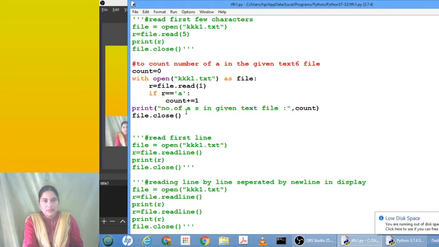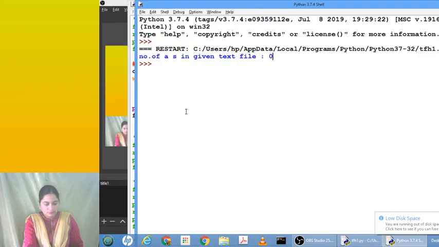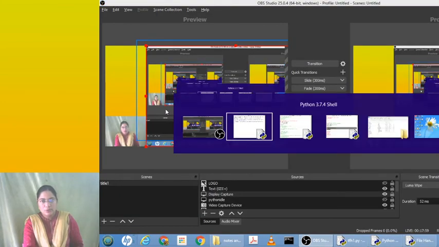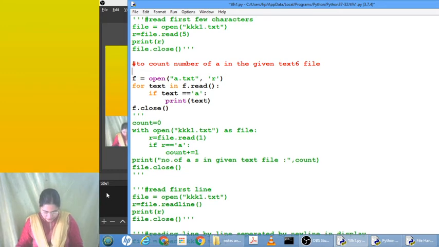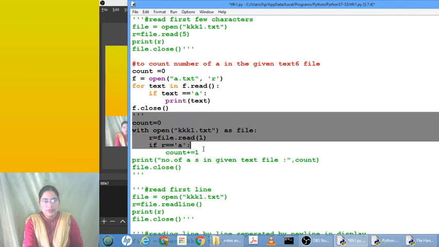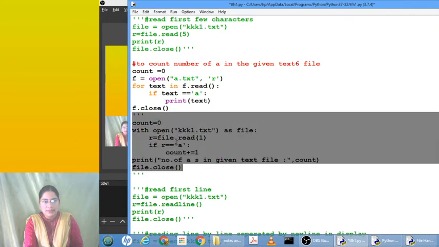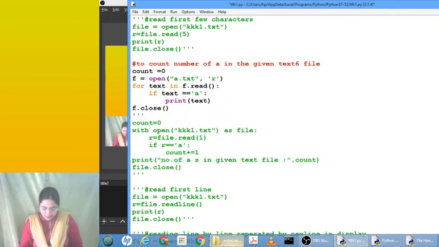Why is that? What is the problem here? Here count we have taken as 0. Let us execute once again. Count is taken as 0, and we take a loop on the text that we are reading. What is happening here is that, as in the previous case, it is always reading the first character only.